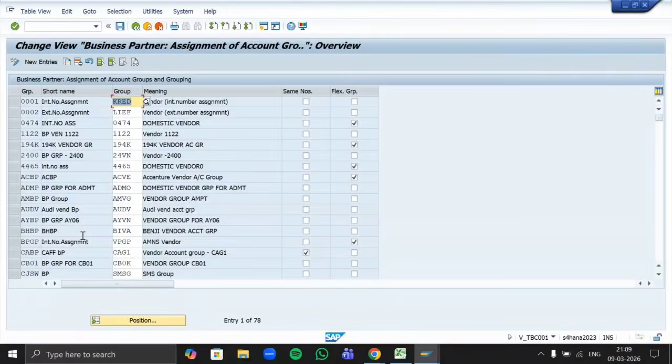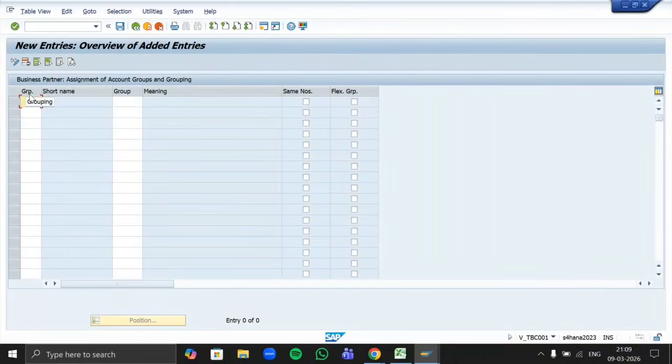Execute it. Go to new entry. In the first column, that is of grouping column, mention your BP group, that is TG01. And in the third column, that is a group column of account group, mention your vendor account group, that is TG0K. Press enter. System will fetch the names of BP group as well as your vendor group and save this.